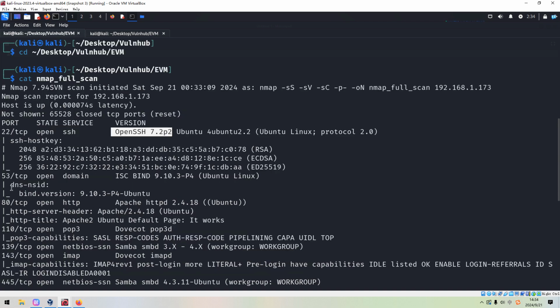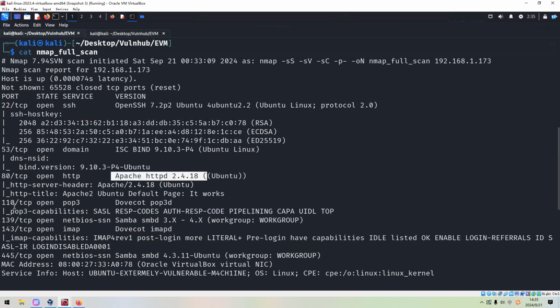Okay, so the next one is 53, which is running domain service and also the version information. I don't think we can find any useful information from this service in this case. And the next one is 80, which is running HTTP service and also the version information Apache 2.